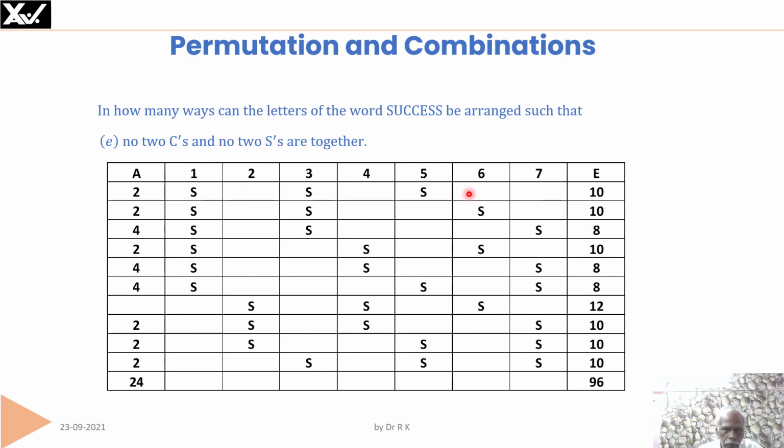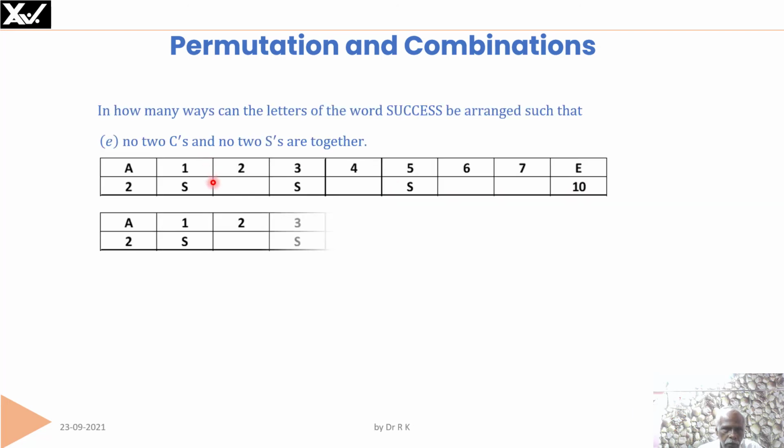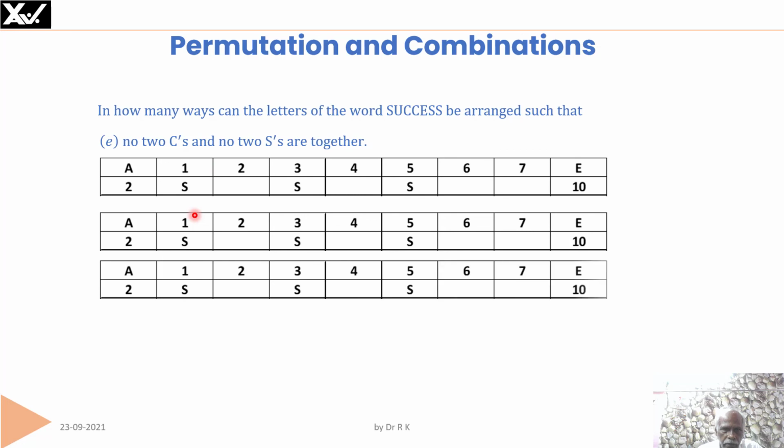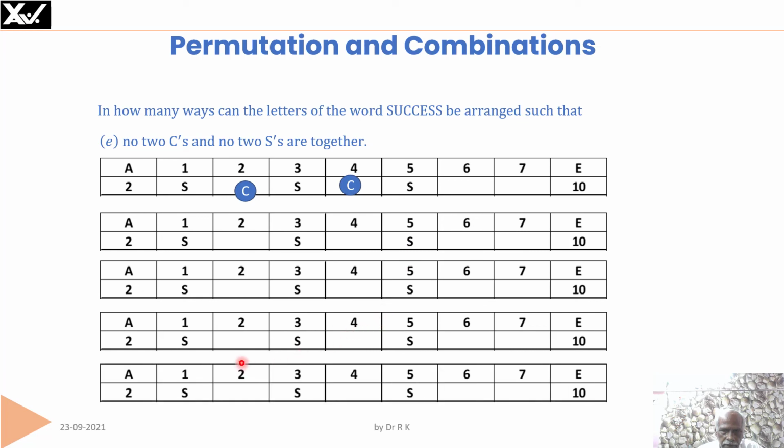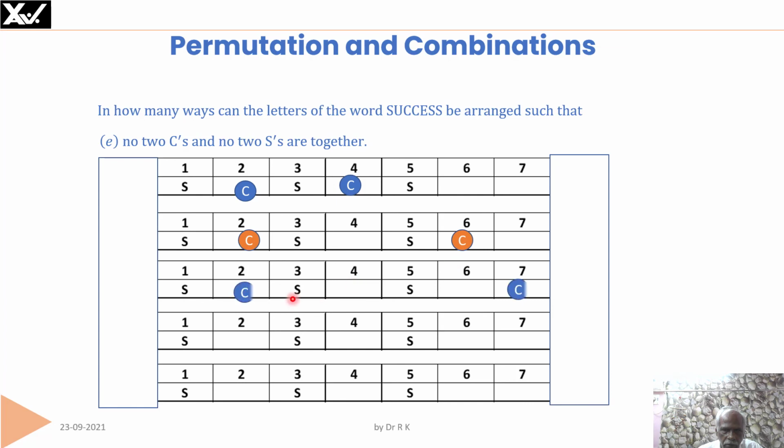I will just explain only this case, the first case, how we got the 10. So I am just arranging this 1 to 7. S is arranged in first, third, and fifth, first, third, and fifth here, first, third, and fifth here in all the cases. Now, C can be put in second and fourth, or second and sixth, or second and 7, or fourth and sixth, or fourth and 7. So 5 cases. And then U and E can be placed here, U and E or E and U. Similarly, in all the cases, 2 ways. Therefore, 5 into 2, 10 ways.